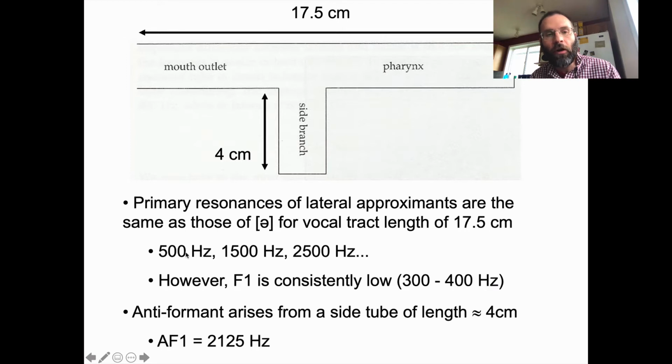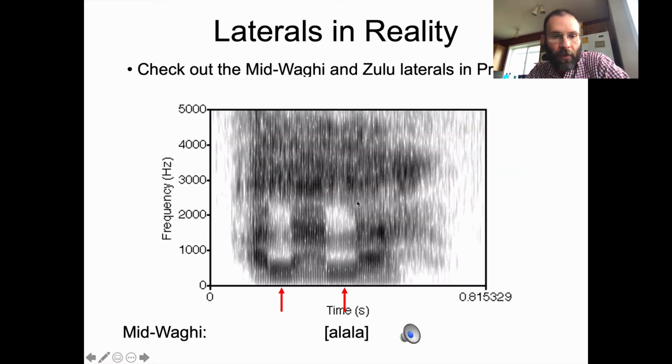So it's going to be lower than what we would normally see for the formant frequencies for a schwa. Otherwise, this is going to be similar to a vocalic articulation, right? So the overall pattern we see for laterals will look fairly similar to a vowel with some of the damping and antiformants kicked in. So I've got an example here from the language Midwagi, and I can't remember exactly where